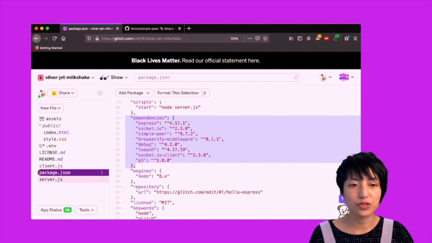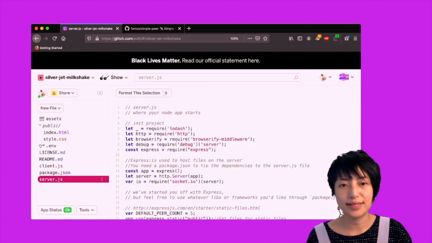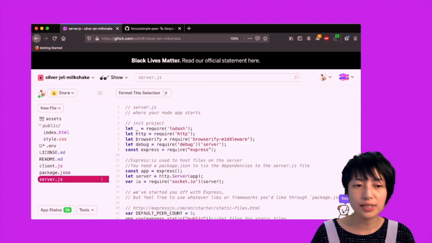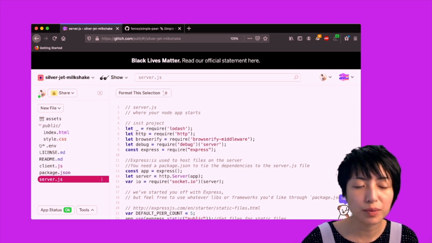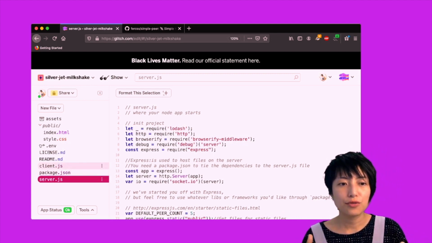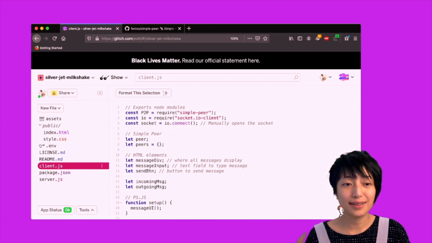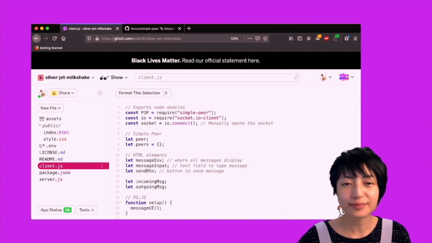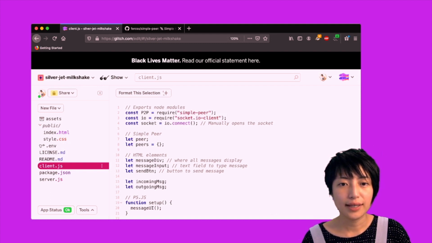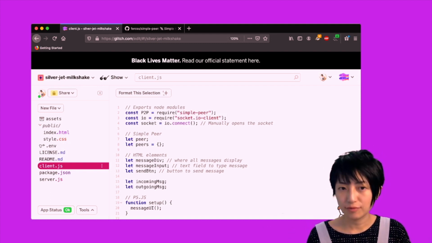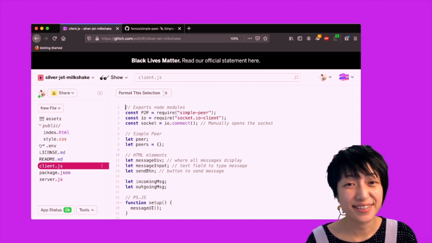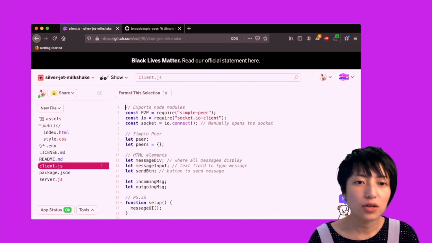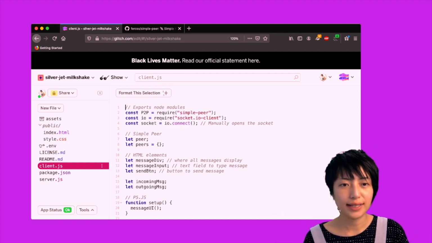And there's also the server.js file that deals with the server end of things, which you wouldn't be required to modify at all for the purpose of this tutorial. So what we're going to focus on is client.js. And I will briefly explain what's happening in this code. I'll do my best, as there's a lot of material here. So the first part of client.js,